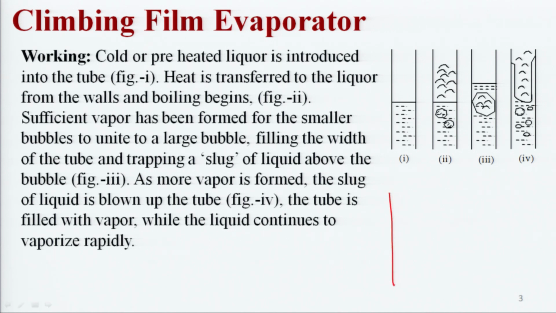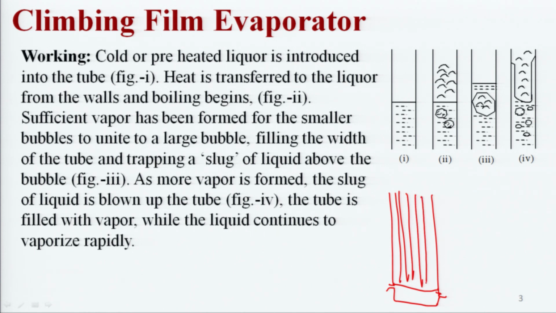So, this was the heating unit, like this. Here several number of tubes are there through which the liquid is flowing in upward direction, and this tube is connected to a separator. This was the source for feed